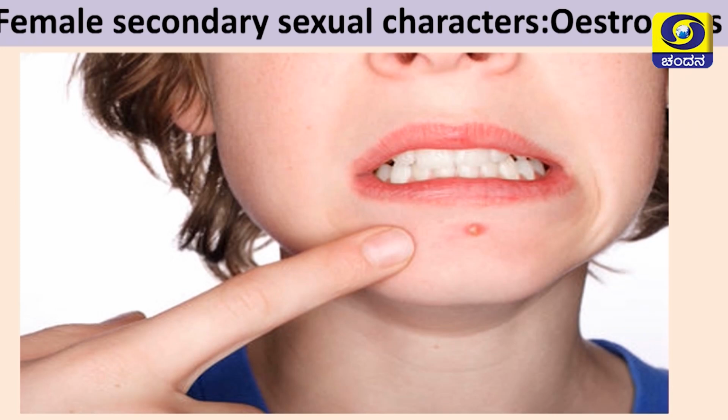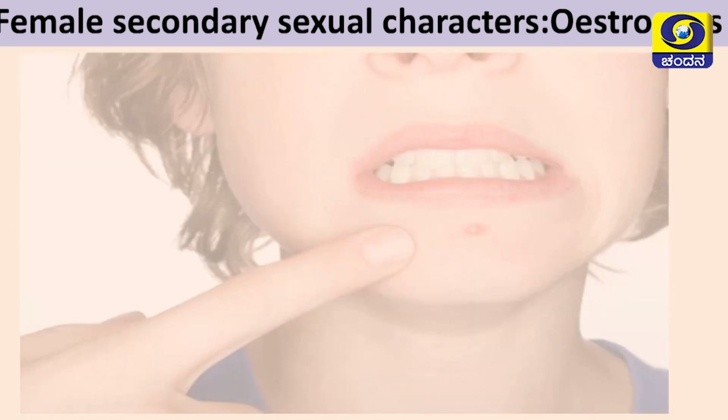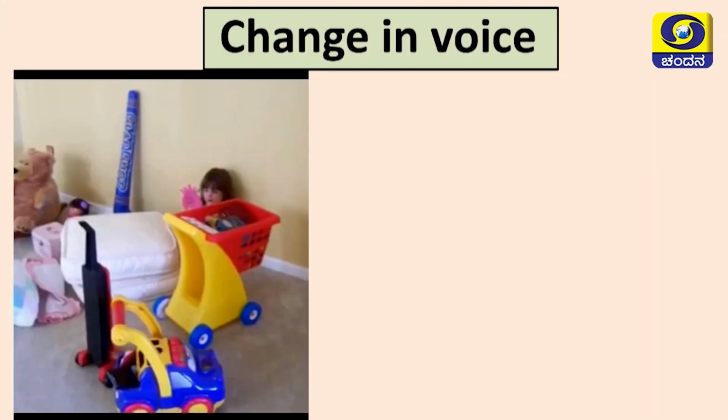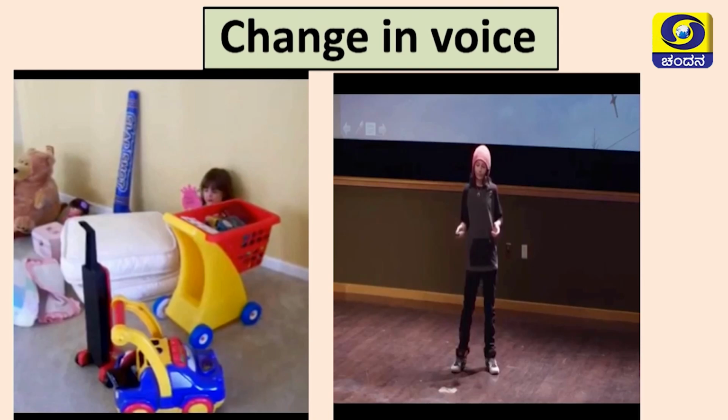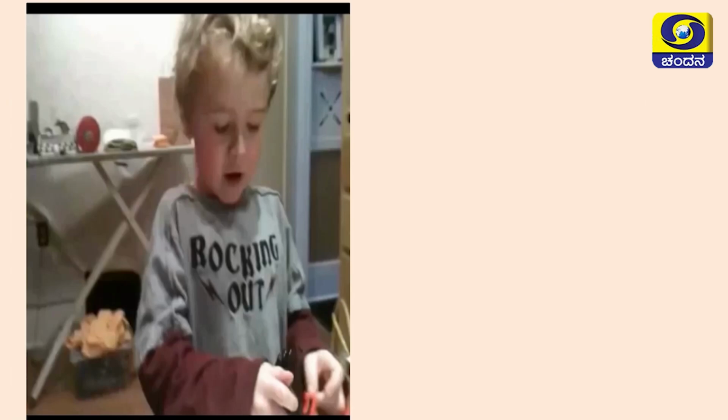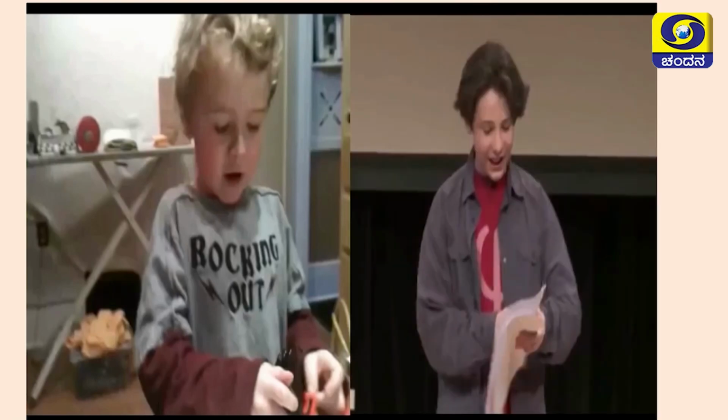See, for example, the formation of pimples, all those are some of the secondary sexual characters. Let us see a few more of them. The most important thing is the change in voice. In females, when they are in their childhood, you will not be able to identify whether they are male or female, whereas when they become adults, they will have a high-pitched voice. You can identify them. Similarly, in male, first we cannot identify, but later on they will have a thick, husky bass voice, and also they will have development of Adam's apple.